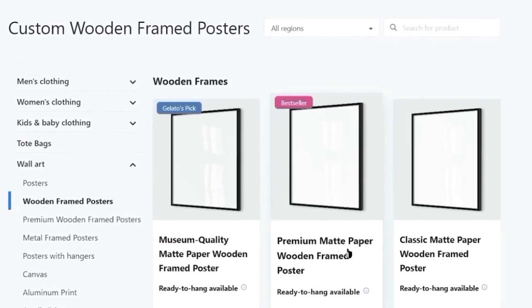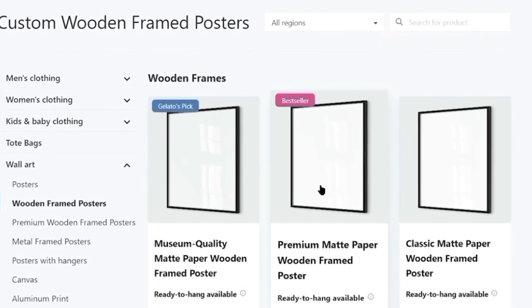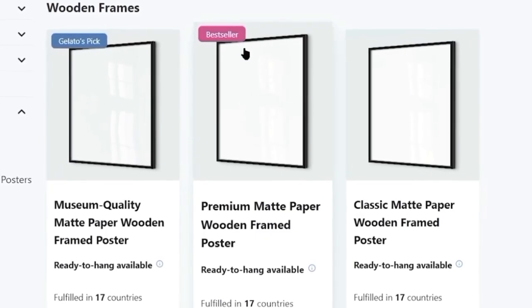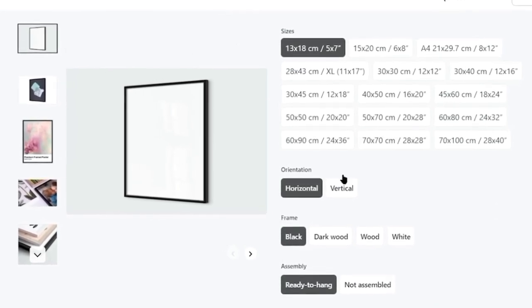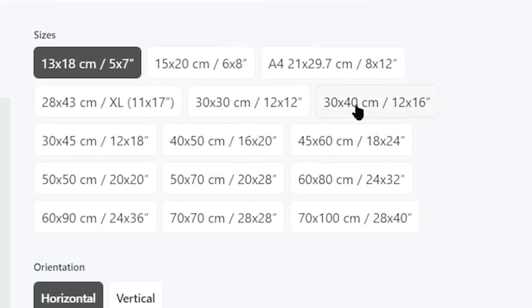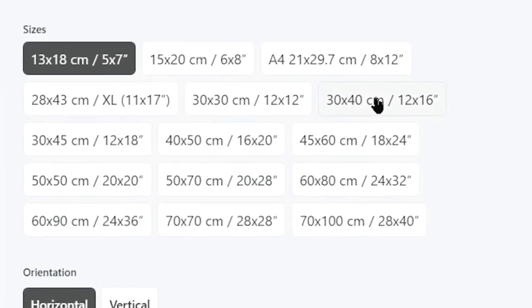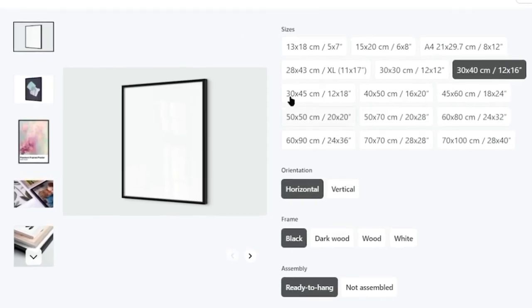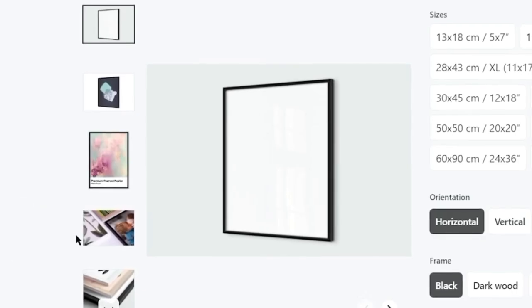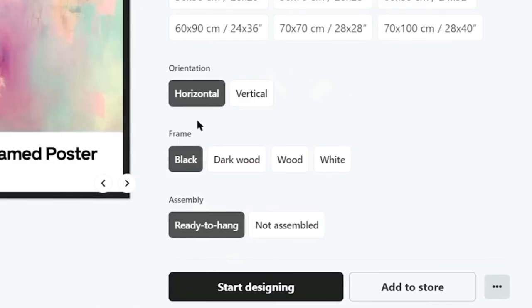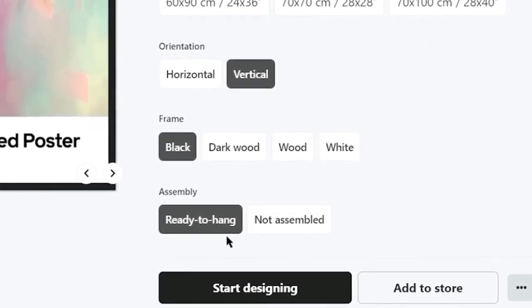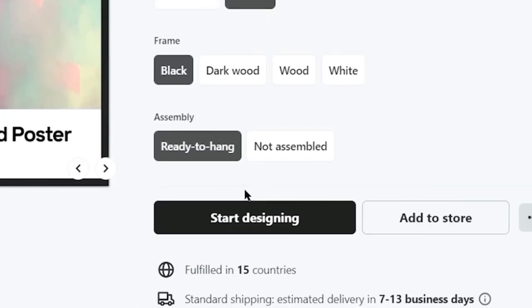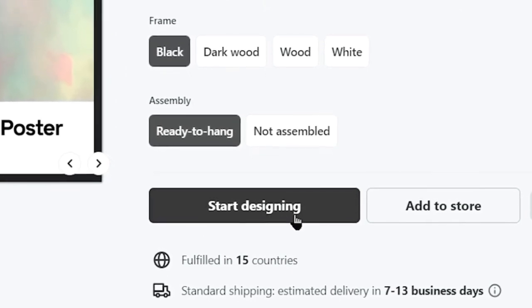Once you've connected the Etsy shop, the Amazon shop, or eBay, you should again hover your mouse over the menu on the left, choose the product catalog, and a variety of product possibilities will be displayed. You may choose t-shirt mockups, hoodies, and bags here, phone case mockups, mugs, calendars, and much more. But for the purposes of this video, I'm going to choose the wall art option, which will display various designs for our wall art, and then I'm going to choose the wooden frame option, which will display various wooden frames.